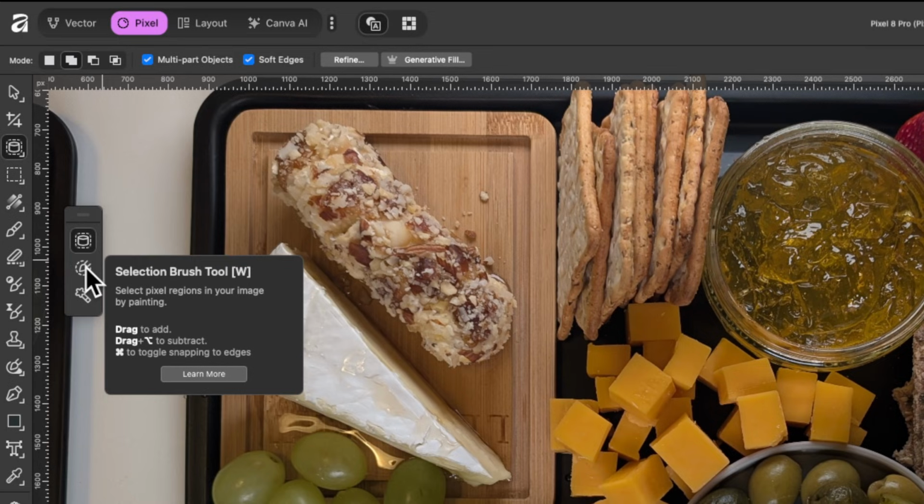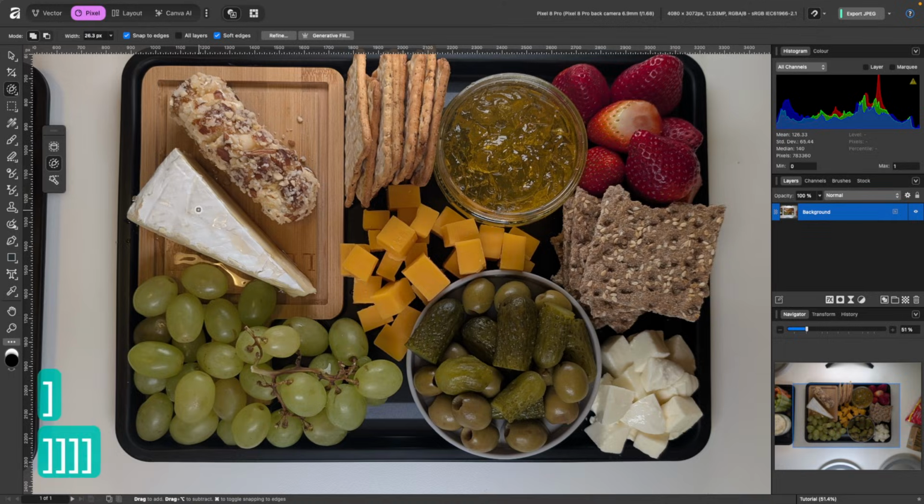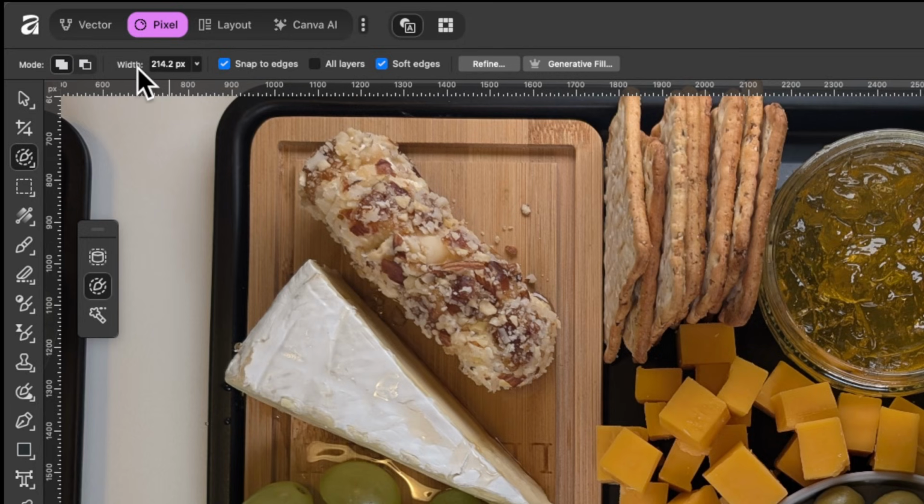And it's another way of making selections. So the shortcut for this one is W. So I'm going to go ahead and select it. You can see I have a crosshair here, which means that the brush is kind of small. So to increase the size of that, we're just going to press the right bracket key on our keyboard and increase the size. You can see in the context toolbar, you can also change it here, width. That's for your brush width.